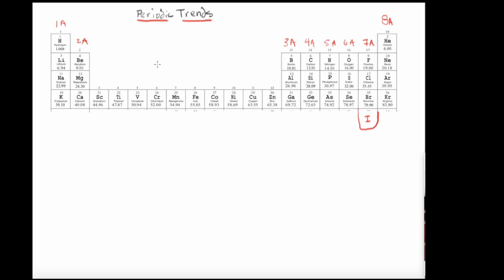We have 2 of them that I'm going to discuss here. The first is going to be the atomic radius or size. So periodic trends: atomic radius and size, and ionization energy. So let's talk about, when you look at the periodic table, let's just make a list of the things that are observable. The first is that the atomic number